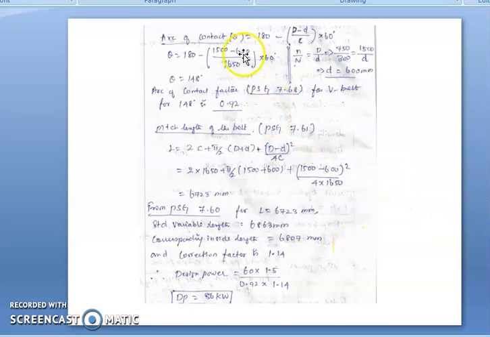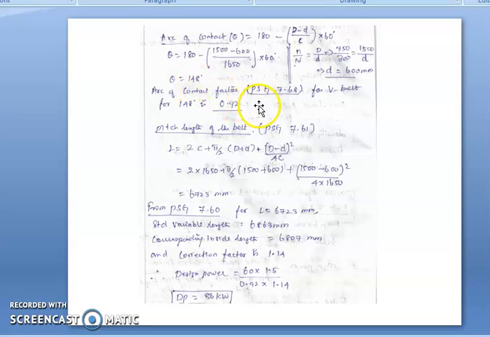So first we have to find out the arc of contact. From the PSG data book we can straight away take the formula: theta equal to 180 minus (capital D minus small d) by C into 60. From this we know capital D and center distance small c. Here the unknown value is small d. We already know the speed ratio small n by capital N equal to capital D by small d. So by using this relation we can find out small d, the diameter of the driver, equal to 600 mm. So by using these data we can find out theta is equal to 148.